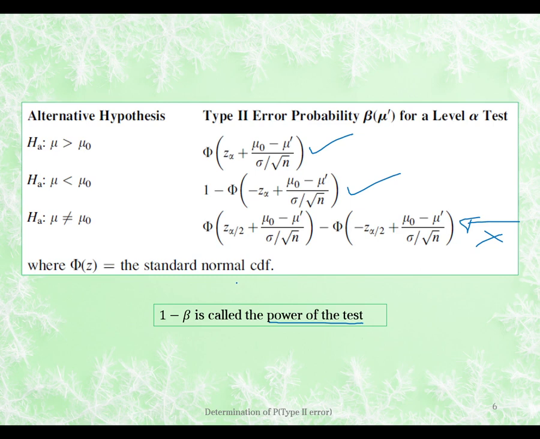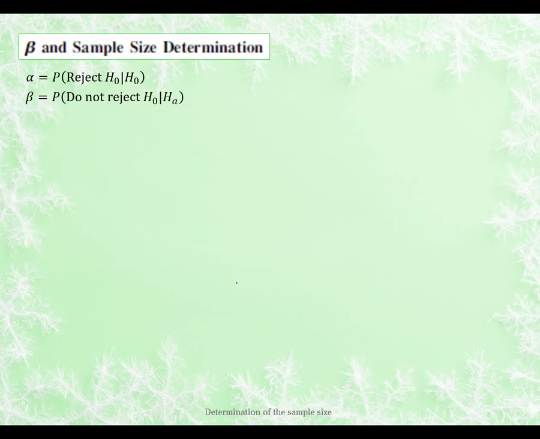First, just need to find beta, and then you can say 1 minus that. Now, last little bit, sample size determination. And this builds on the previous concept. So we have alpha, we have beta, we know what they mean, and we can have a problem where we